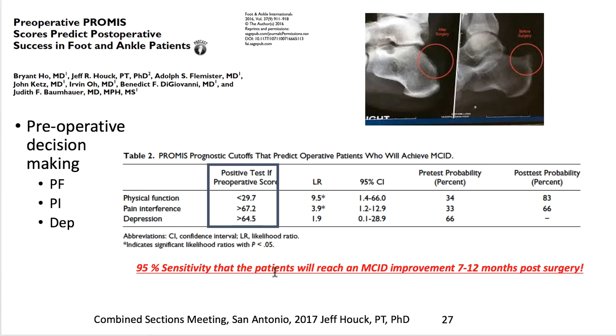So the patients who are 95% likely to reach that minimally clinically important difference, we can identify them significantly by physical function scores that are 2 standard deviations below the average for the U.S. population, and pain scores that are nearly 2 standard deviations above. So what does this mean? This means that their preoperative status, in order to know that they're going to do well with surgery, needs to be